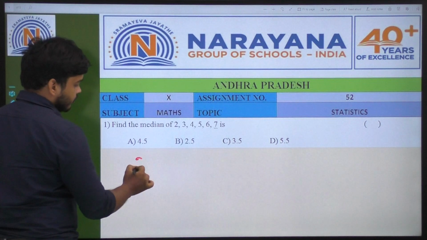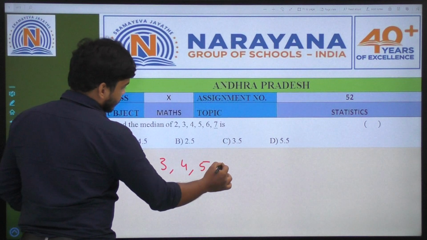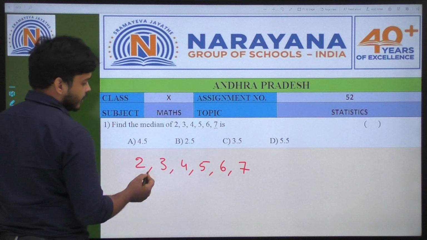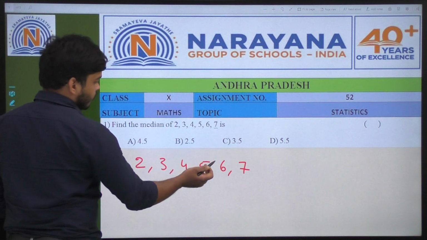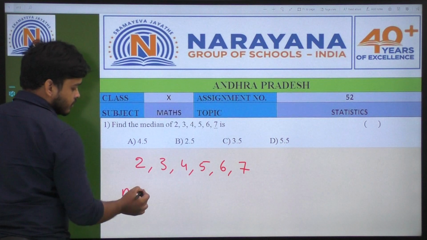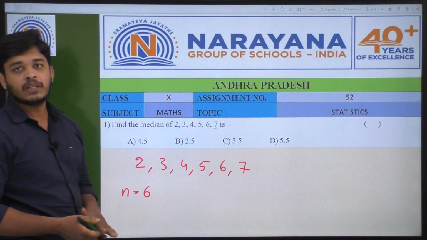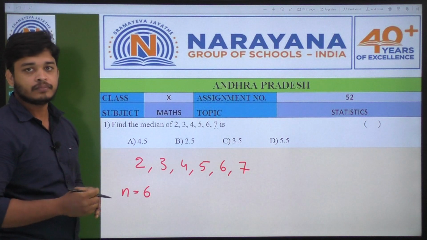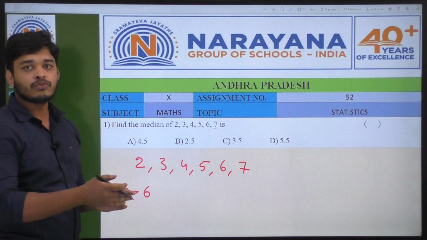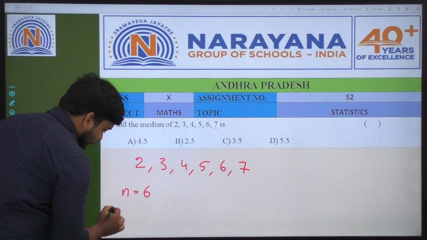What are the given values? 2, 3, 4, 5, 6, 7. Number of observations, how many are there? 1, 2, 3, 4, 5, 6. 6 observations are there. So n is the number of observations, 6, even. For even observations, we take the average of the n by 2th observation and the n by 2 plus 1th observation. So median is